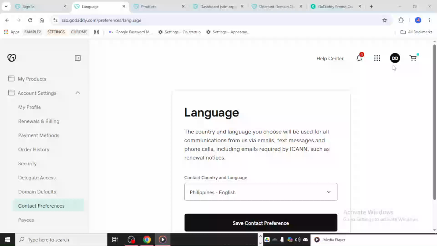In today's video, I'm going to teach you how to change title and meta tags in GoDaddy. If you want to improve how your website appears in search results, updating your title tag and meta description is a simple but important step. These elements help search engines understand your page, and they also influence what people see before they click on your site. In this walkthrough, I'll show you exactly where to find these settings inside GoDaddy and how to update them correctly.